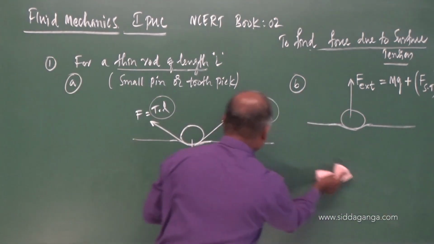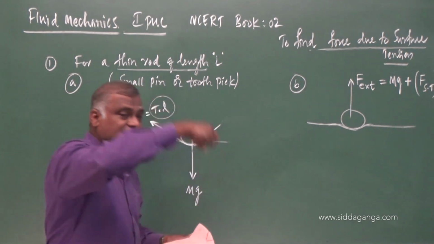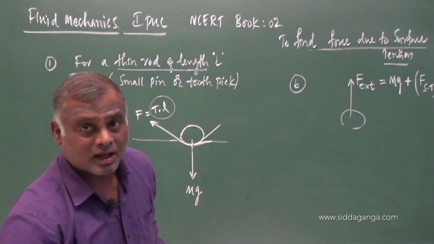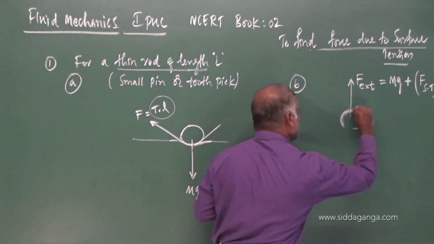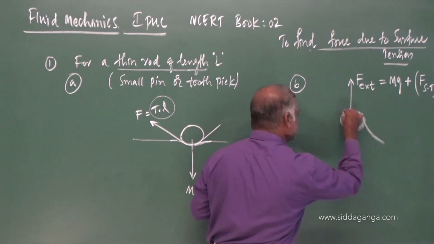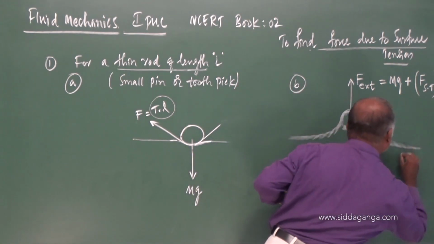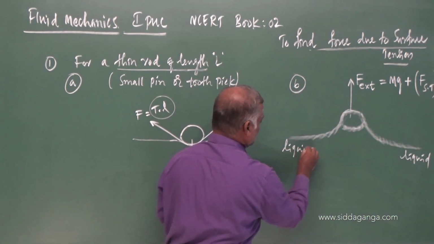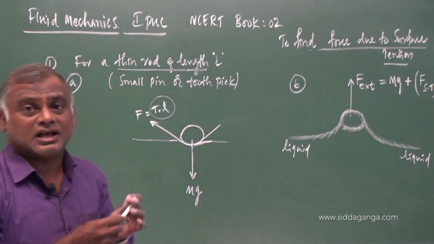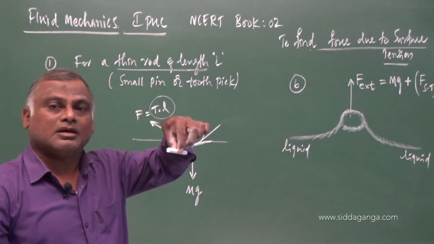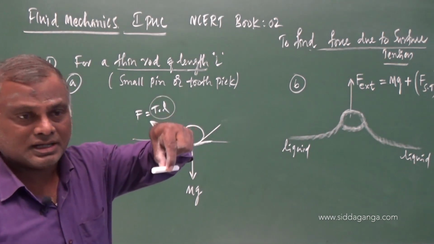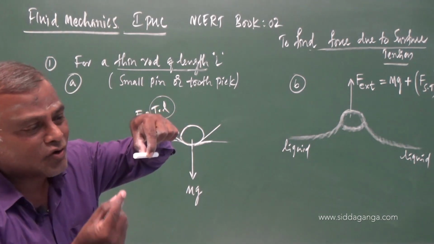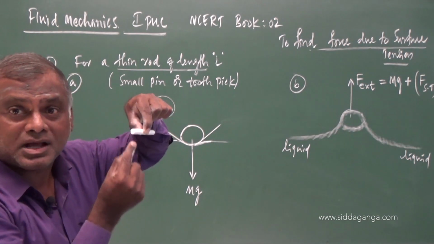See here, what happens is, when I lift the rod, along with this rod, the liquid will come into the picture. Liquid will be in contact with the rod. Just hold this as a pin. Slowly, you just pull. What happens? The liquid in contact with this rod will again come up.